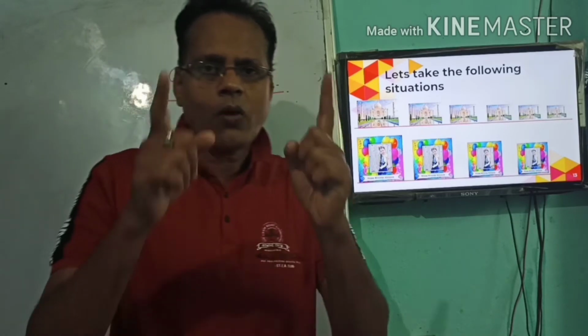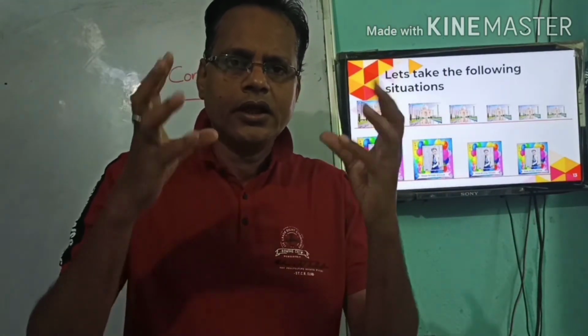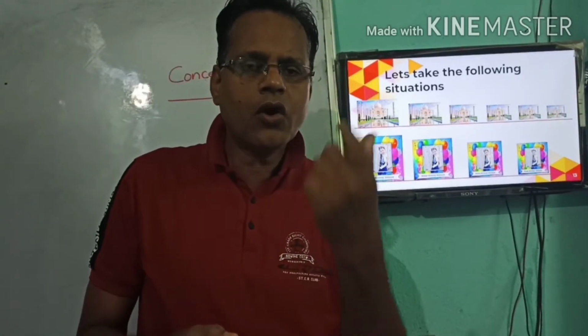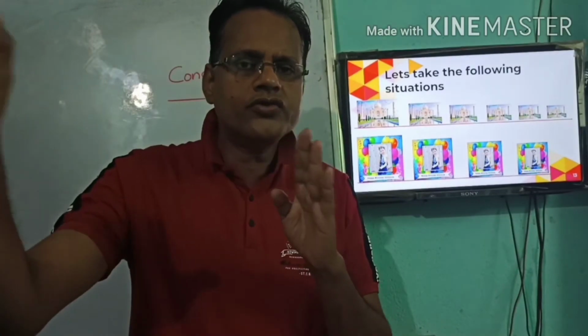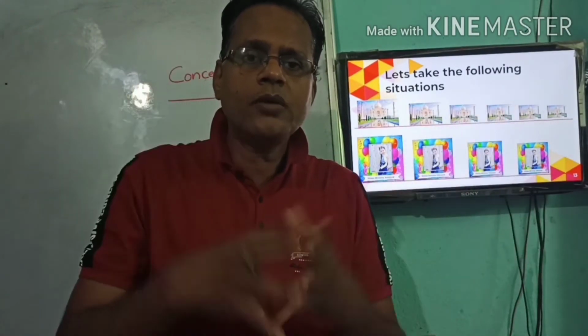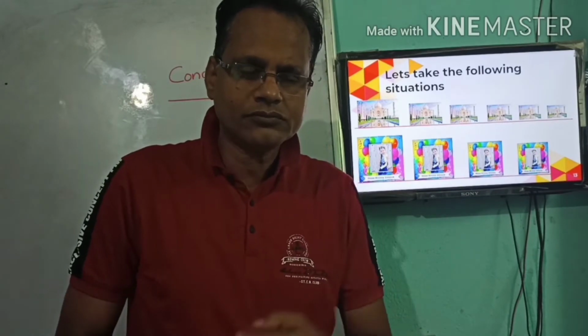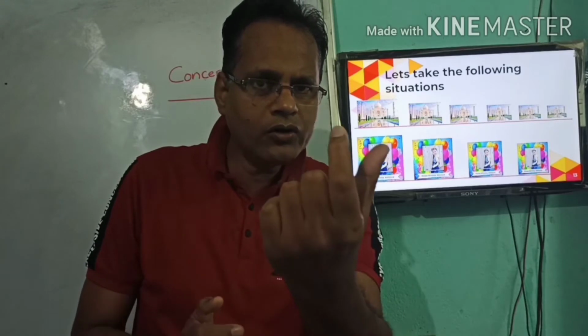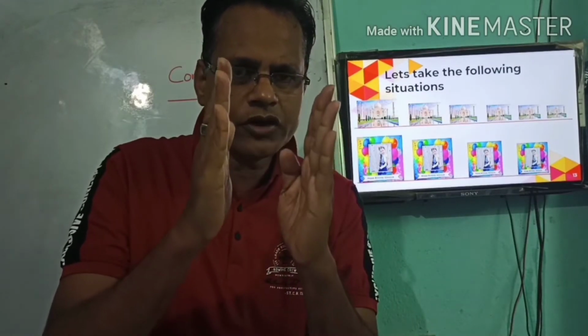So here one thing we learn: if figures are similar, then the sides are not equal. Like congruence, we should not consider the equality of sides. Then what property of sides will we learn? That is the point. Now I want to show you the screen. You just observe the screen.